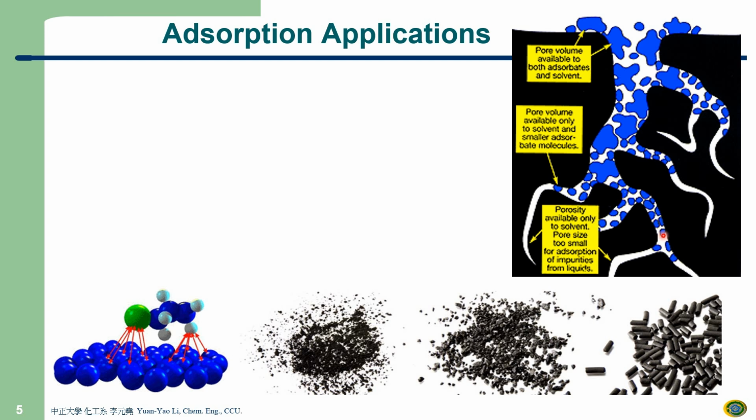Okay, so adsorbent can have many types of forms. Like this is a pelleted form, right? This is a powder form, pellets and powder. So molecules will be attracted to the surface of the adsorbent by what? Van der Waals forces, right? Van der Waals attraction. So you can find a lot of applications for